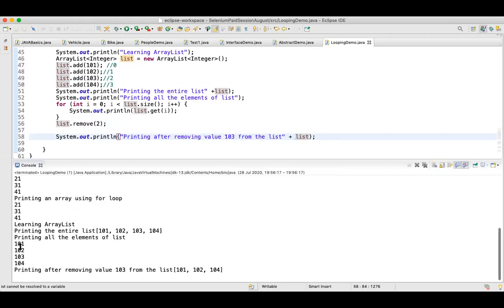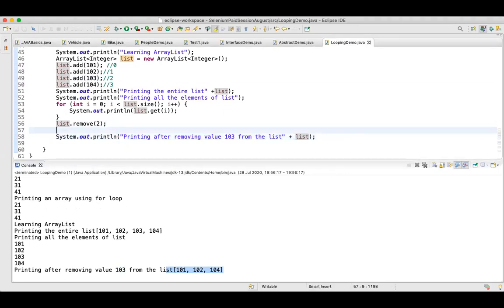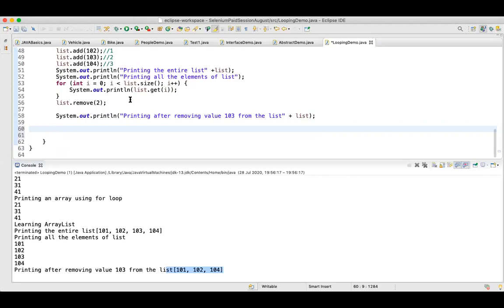Now, can you see that initially we had 101, 102, 103, and 104, and after removing 103, it is not present in my list because I have removed that particular element from my list. So internally, array list also uses the concept of indexing, and all the elements are stored on the basis of index.